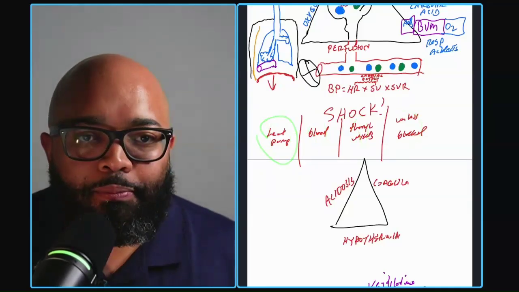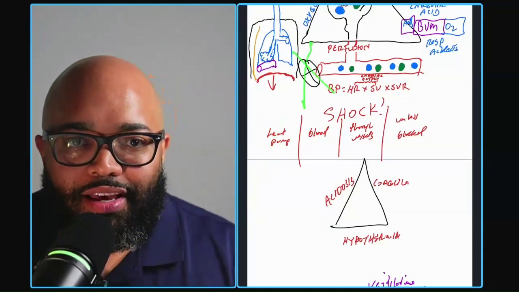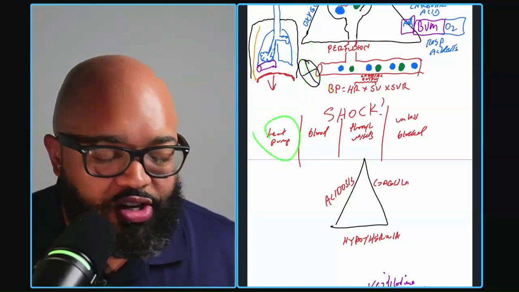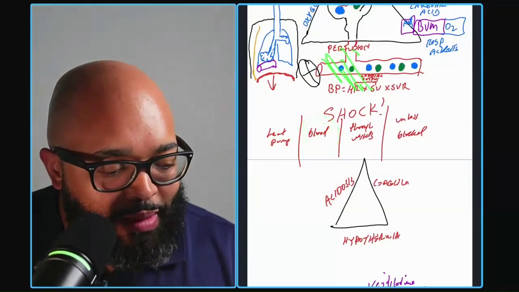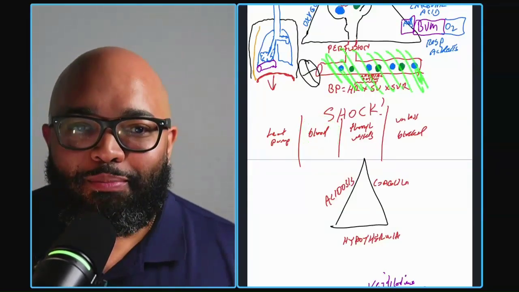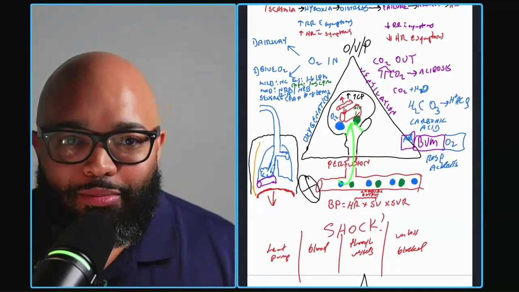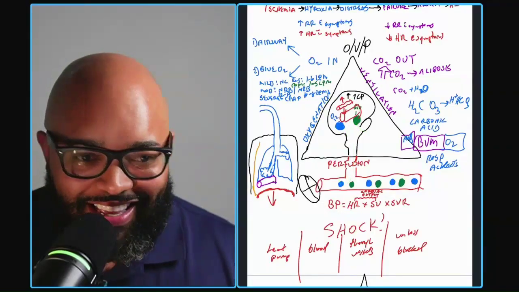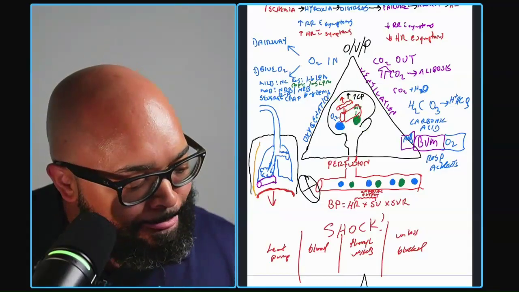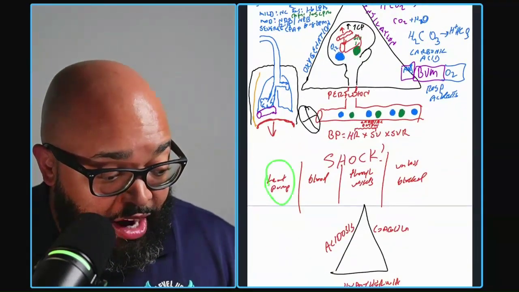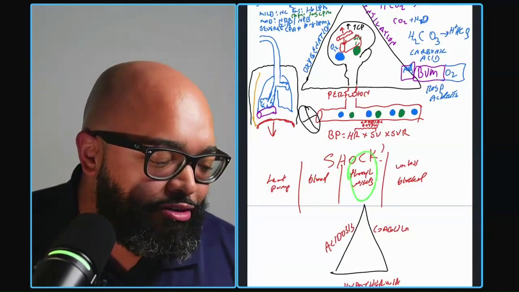So if the heart is not working well, that's going to be our cardiogenic shock. So if I wipe out my heart, now I don't pump blood, that's my cardiogenic shock. If I lose all my blood, well, now there's no blood to move. And if there's no blood to move, no blood goes to the brain. If no blood goes to the brain, it starts to die. We're going to have altered mental status there. Okay, so this is why here I can have altered mental status. Here I'm going to have altered mental status. Now, what about these blood vessels?